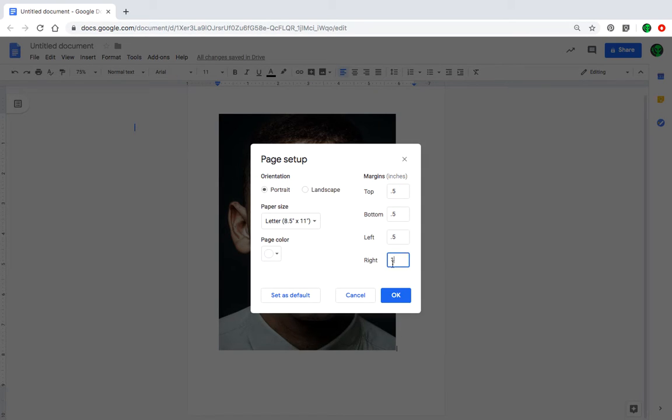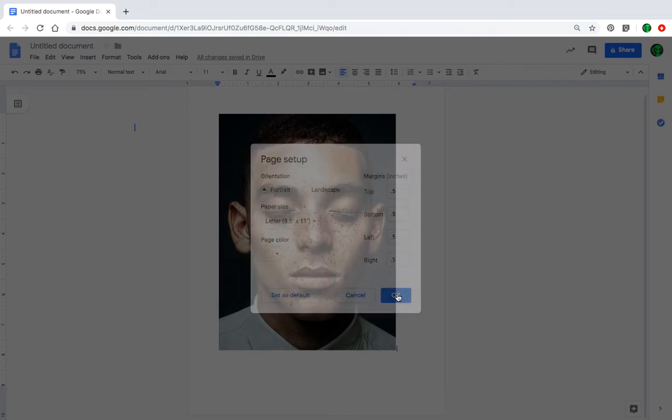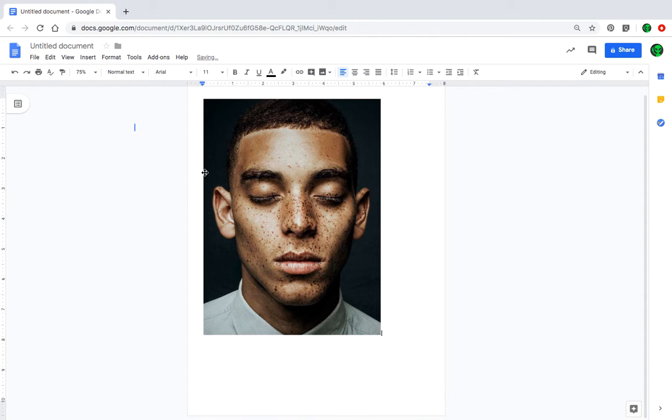And by the way, if you want to change your paper to horizontal instead of vertical, you can just click here on Landscape. Or if you have a different paper size you're working with besides the standard computer paper size, you can change the size here. Anyways, margins look right, so I'm going to push OK. And you can see that reduced the size of the margin here and gave me more space to make this